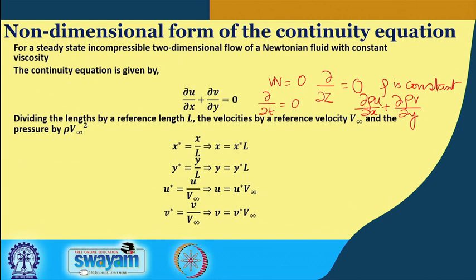So for the x direction, we are saying that let L be the characteristic dimension. Now L can be anything. L should not be interpreted as just length. It can be breadth, it can be width, anything. Okay. So let us assume that this L is that kind of length in the x direction. So we are having this x star as the non-dimensional x. So this x star is defined as x by L.